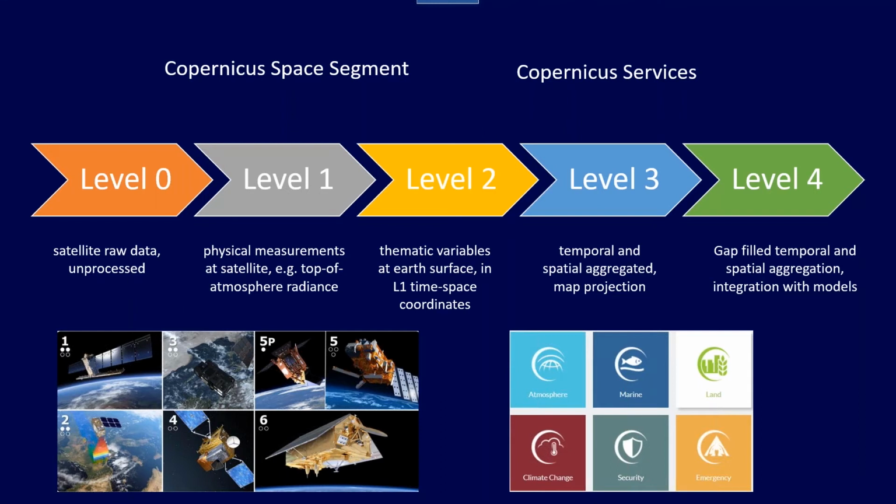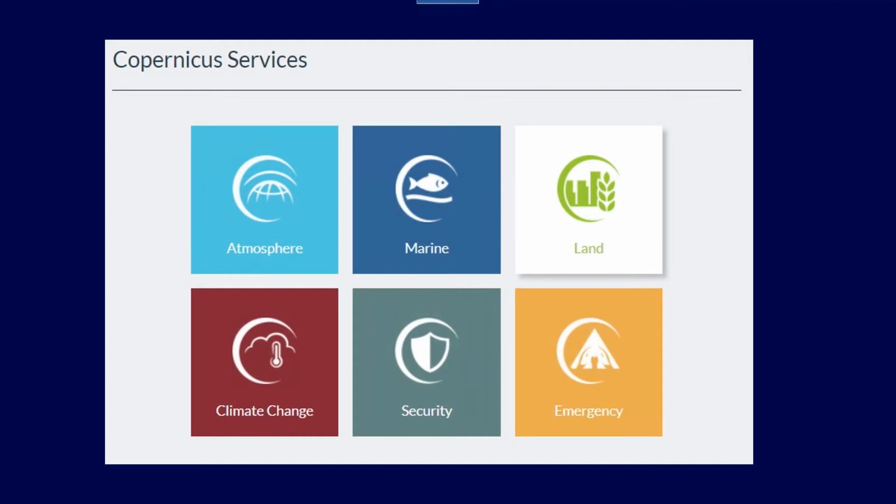As I explained for the Sentinel-2, this is not yet part of the space segment, or the ground segment, which is part of it. So this is, let's say, the part of the raw satellites, and then we come to the Copernicus services, which provide these data. And here we have an atmosphere, a marine, land, a climate change, security, and emergency service. And I will talk a little bit more about these services where it is relevant for